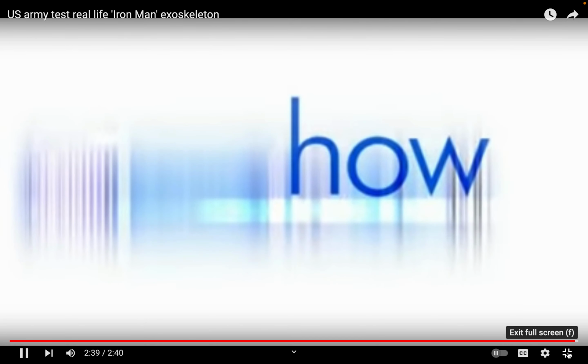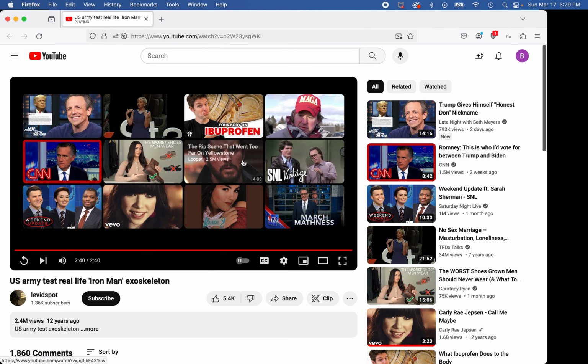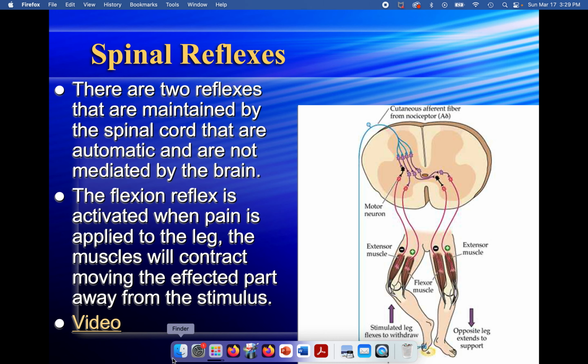I can see them using that, and people that have those robots on will be called mules because they'll be carrying all the weight. But